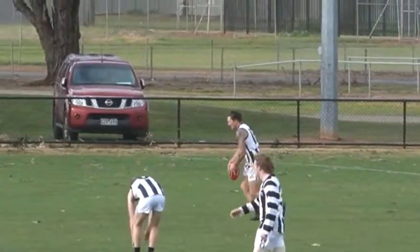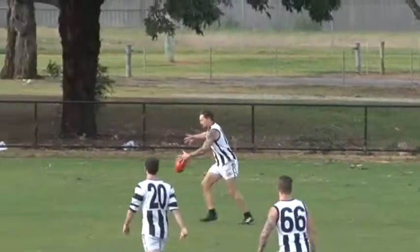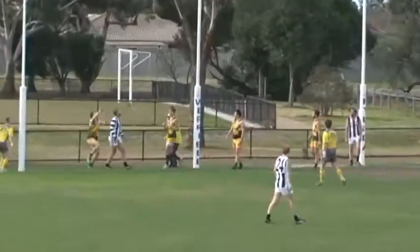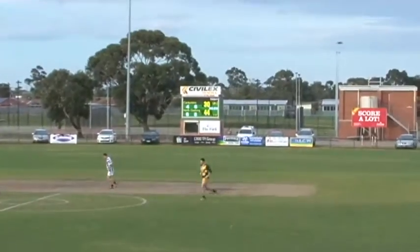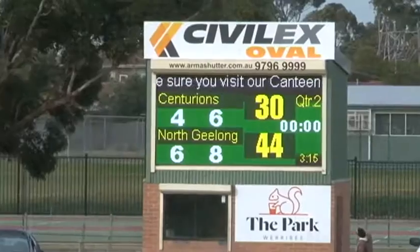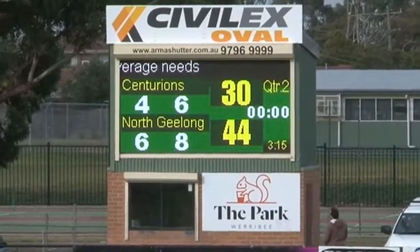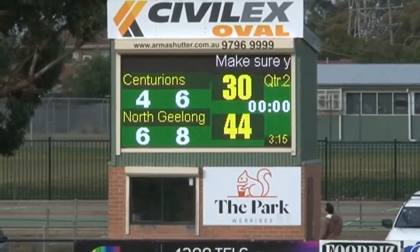Oh, the siren's gone. So Pittman will come in with the last kick of the first half. It's a beautiful kick. It's up in the air. The umpire drifts away, but it's drifted away. And a point to North Geelong, and that'll put North Geelong on 6-8-44. Werribee Central's 4-6-30 on the Commonwealth scoreboard. So goal kickers to this stage of the game for the home side, one each to